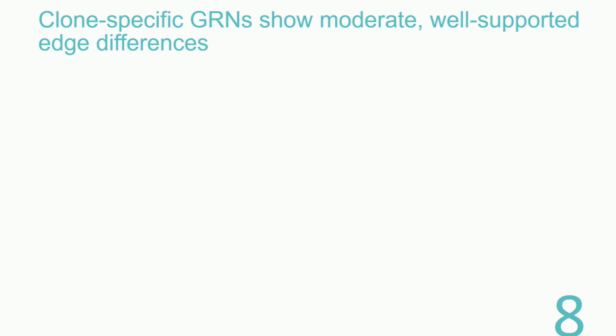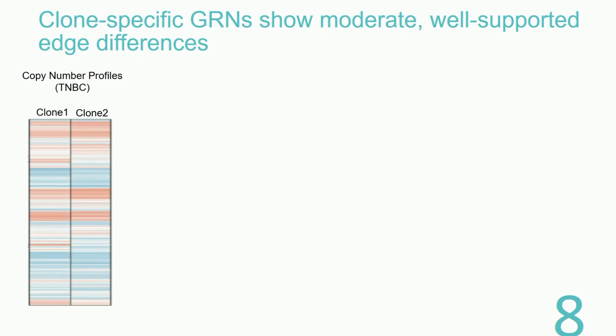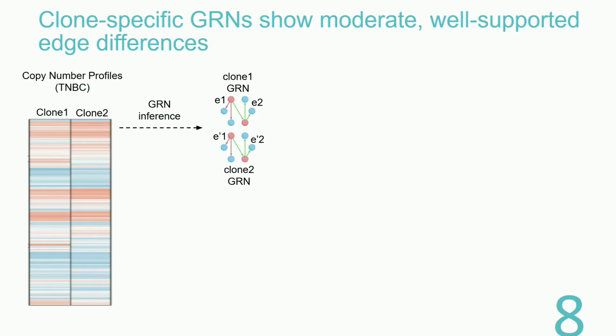Okay, with that, the first point would be, can we really see overall differences across clones and tumor through the lens of a GRN? So in this study, we considered multiple samples of triple-negative breast cancer and colorectal cancer, but for the sake of presentation, I'm just focusing on one specific example. So we basically have triple-negative breast cancer with 2 clones, we perform GRN inference where we have clone-specific GRNs